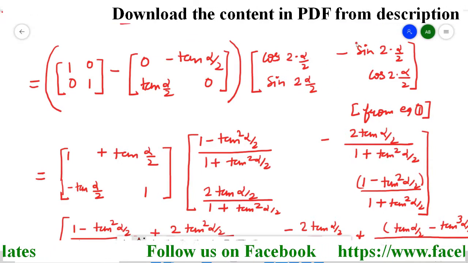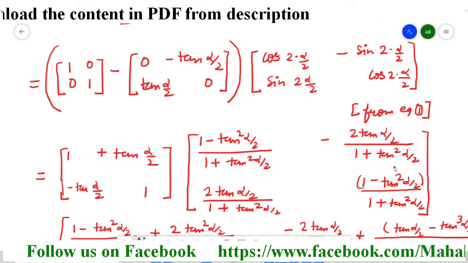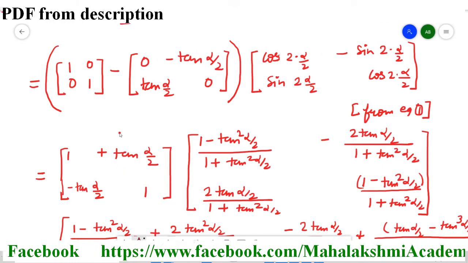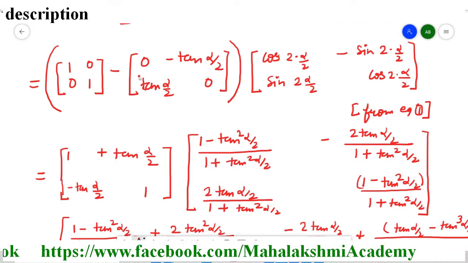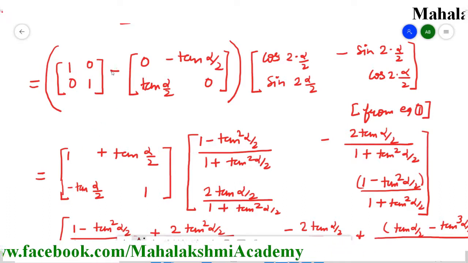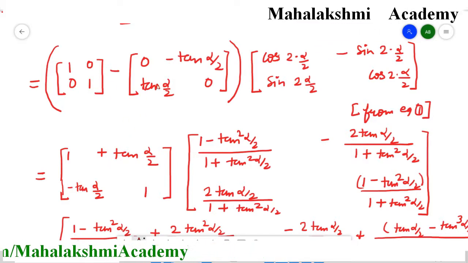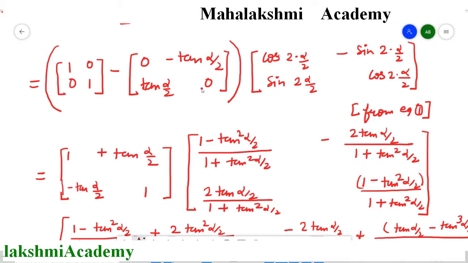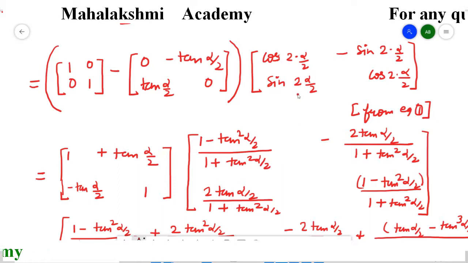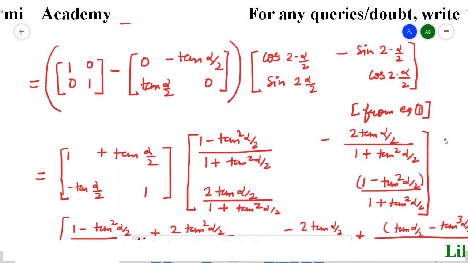So the conclusion is that this second matrix I completely changed in terms of tan alpha by 2 so that it can resemble the previous matrix, that is this one. Now how did I obtain this matrix? I subtracted them. So 1 minus 0 is 1, then 0 minus minus is going to be positive tan alpha by 2, then 0 minus tan alpha by 2, and 1 minus 0 is 1. So I subtracted and the resultant matrix I wrote here, and here I used the cos 2 theta and sin 2 theta formulas.